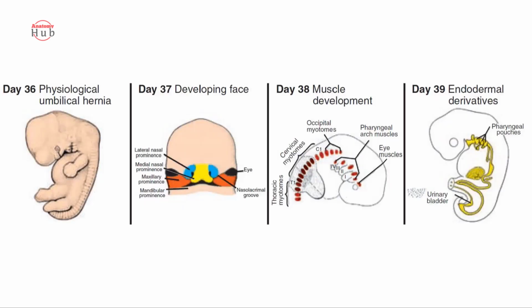In the 5th week, there occurs enlargement of the head due to rapid growth of the brain, and the facial swellings, like your frontonasal, maxillary, and mandibular swellings, will be there. The cervical sinus appears because of the overgrowth of the second pharyngeal arch, concealing subsequent pharyngeal clefts. Mesonephric ridges are evident. Upper limb buds are paddle shaped and lower limb buds appear flipper like.